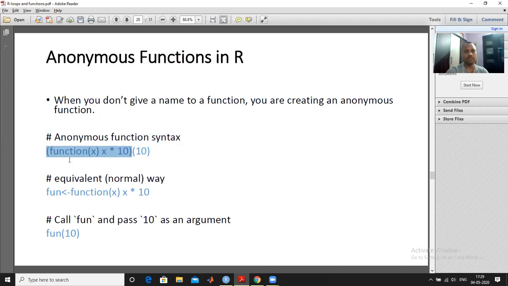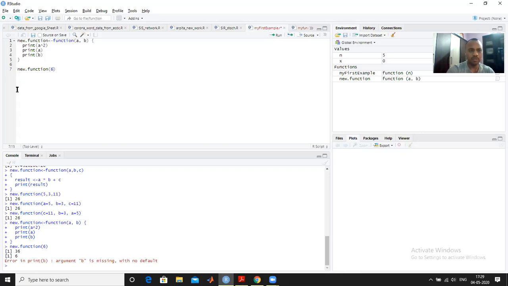This is the function definition: you write function x, not necessarily only one argument, there can be multiple arguments, x into 10, and closing of the function. After that you call the function, meaning evaluate it at the value of 10. This 10 will be replaced for x, so 10 into 10 gives you 100. Suppose I put it here or here, it doesn't matter.